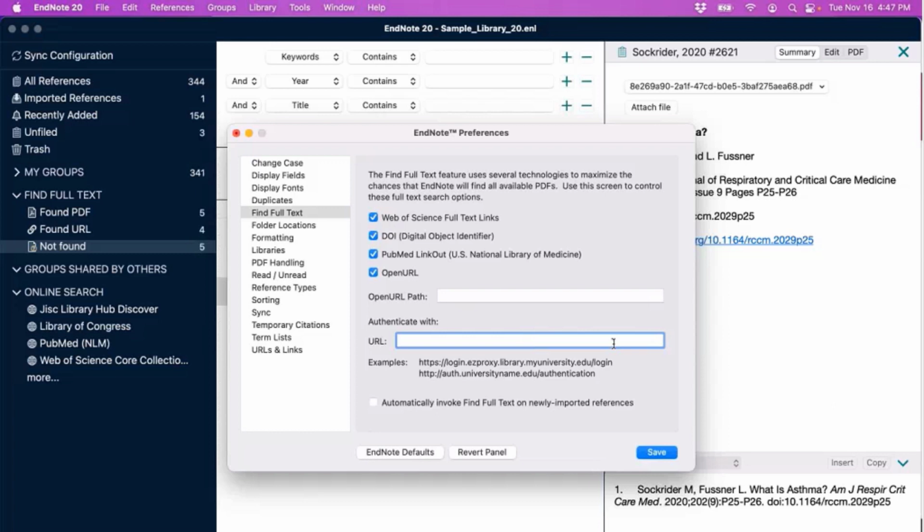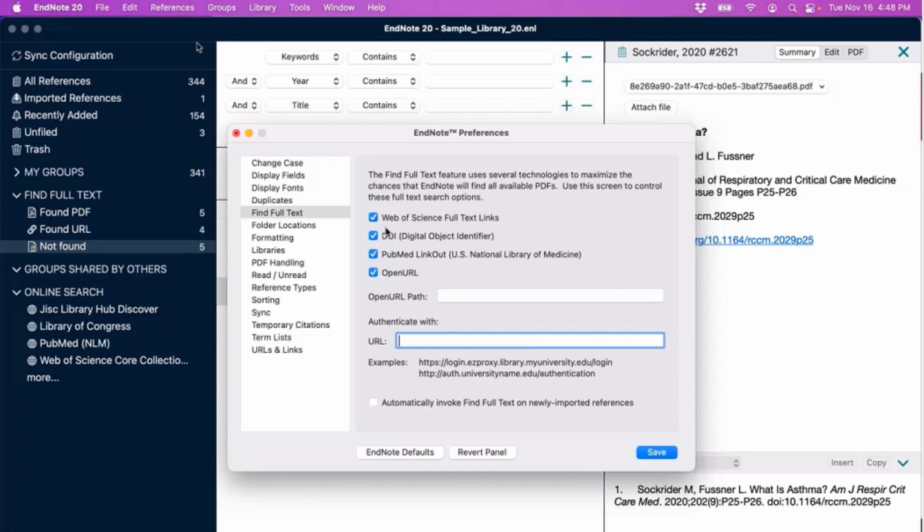And then for that session of Find Full Text searching, EndNote would have, again, possibly additional resources to query to help improve your overall success rate. Now, I don't have specialized article access, like I mentioned, so I don't have anything to input here. But again, you can potentially improve your success rate by adding institution-specific preferences to this screen here.